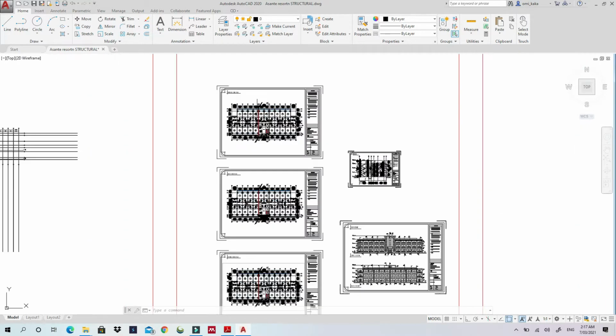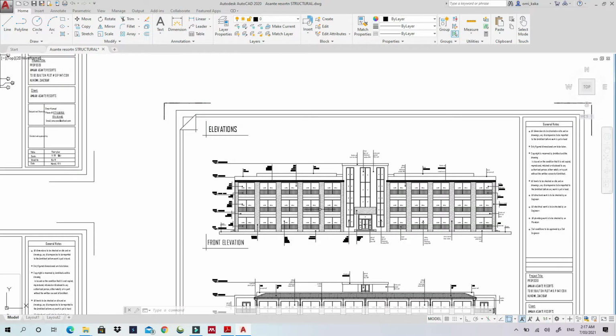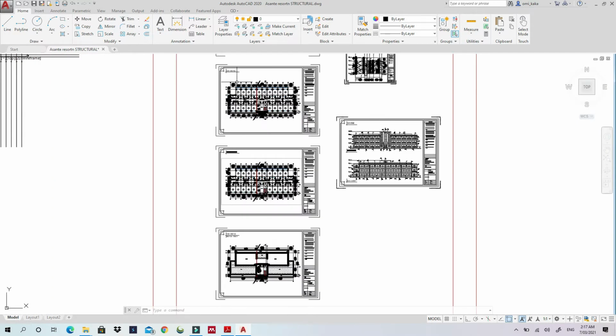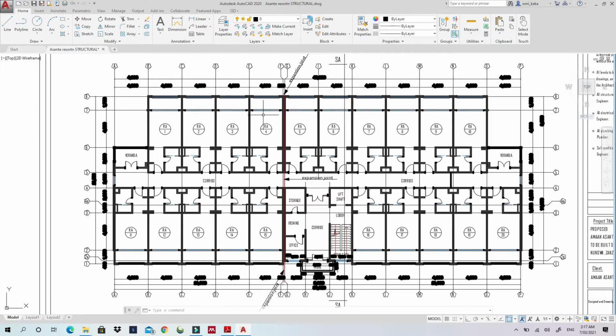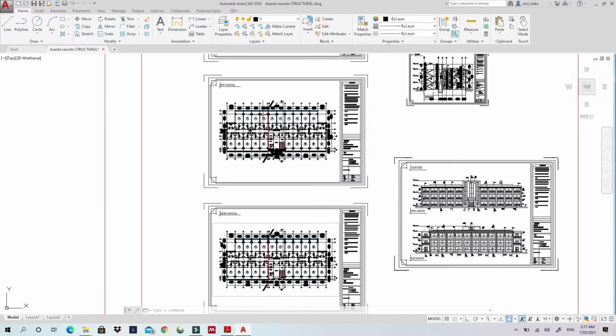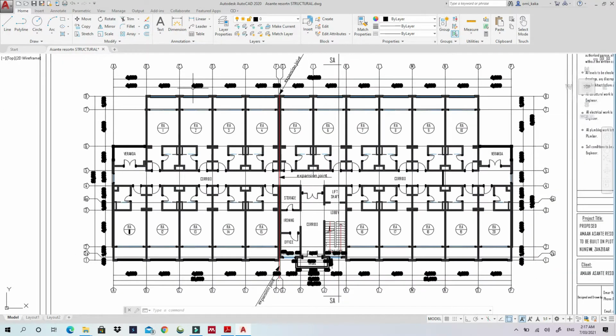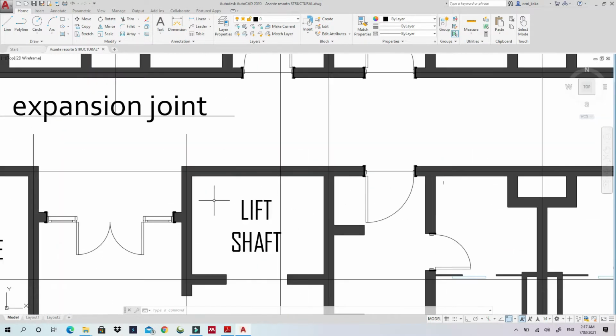So this is only a 3-story building, as you can see here, a ground, first and second, and the building is identical from ground to the top floor. So that's good news. When you're doing a structural design, that is very good news. Also, it has a lift around here,